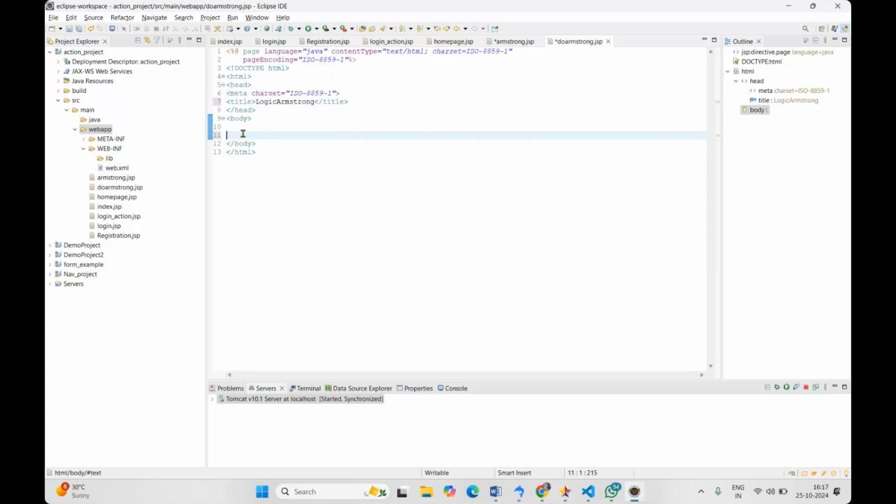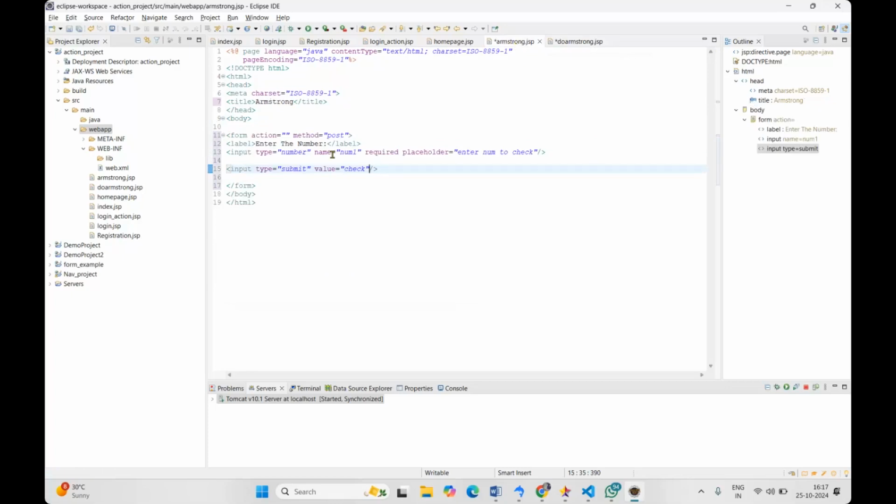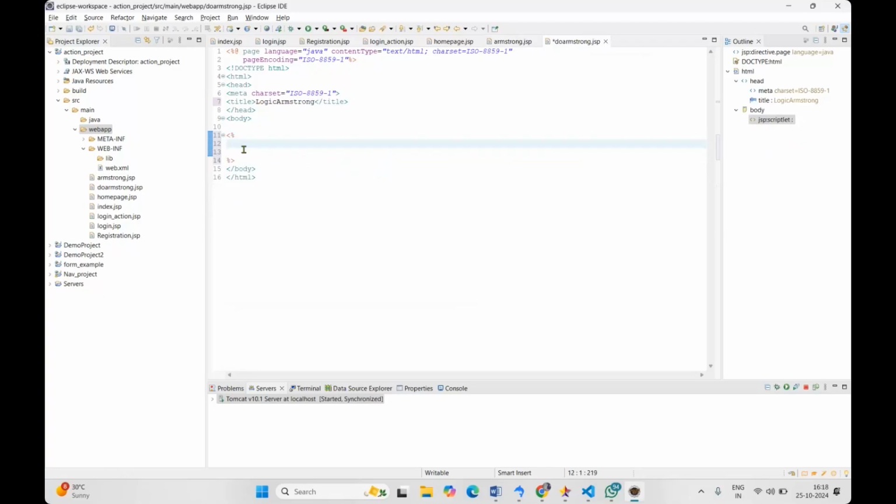For that, I am taking the scriptlet tags. Here, we're going to write our Java logic. First, we need to retrieve the number that has been entered by the user, and we need to give the action where the data has to be sent, doArmstrong.jsp page. When you click on submit, it will go to the doArmstrong page, and here it will retrieve the data. Because it is a number, we need to parse that into num1, or else we can take it as n